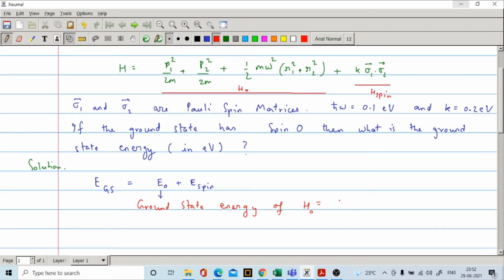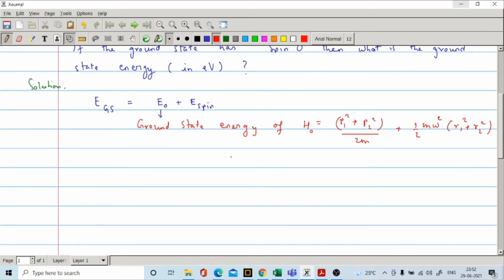So H naught is nothing but p1 square plus p2 square by 2m plus half m omega square (r1 square plus r2 square). Now, from the property of the harmonic oscillator potential, we know that the ground state will be 3 half h cross omega,